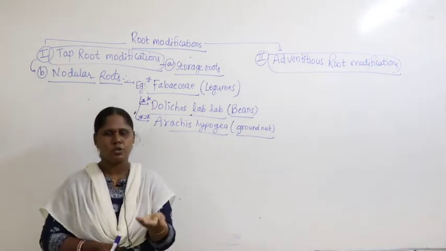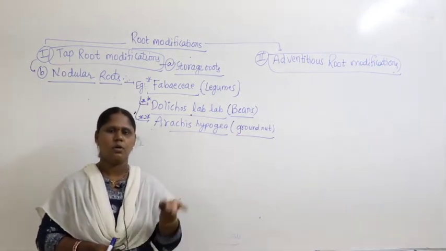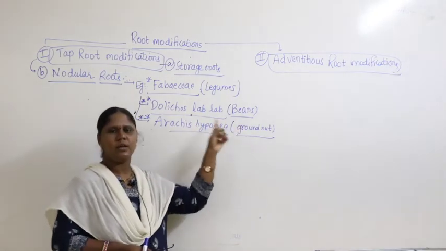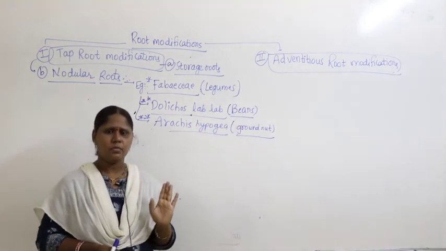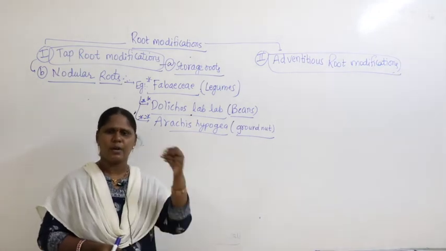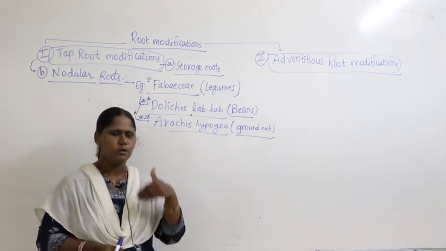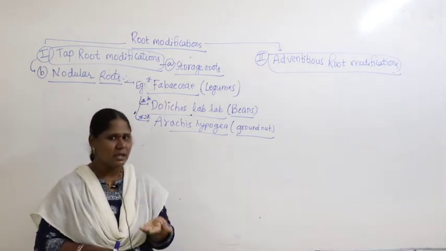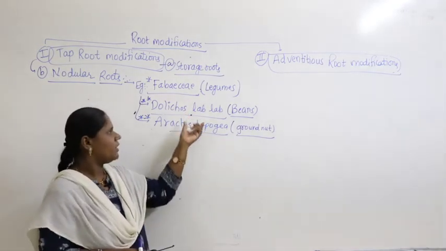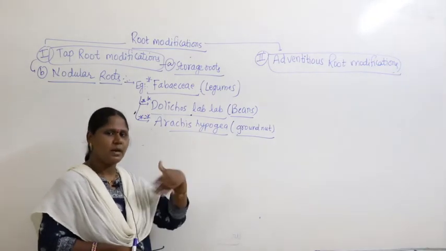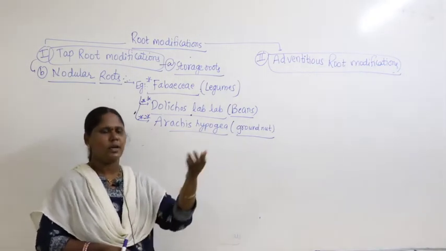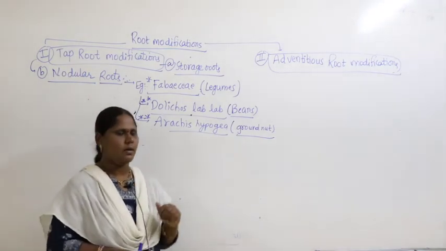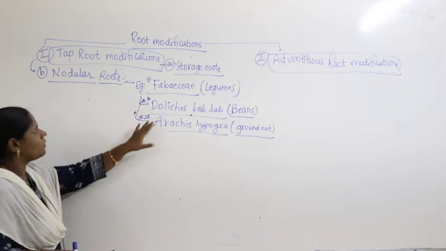Similarly, people may question you, what is that Dolichos lab you are talking about? Tell them Dolichos lab is the scientific name for beans. So what you can do is, happily and wonderfully in day-to-day life, when you speak to others, enjoy pronouncing and communicating scientific names of different plants. If you practice and use these terminologies easily, you can remember them in your young mind, right? These two are good examples.